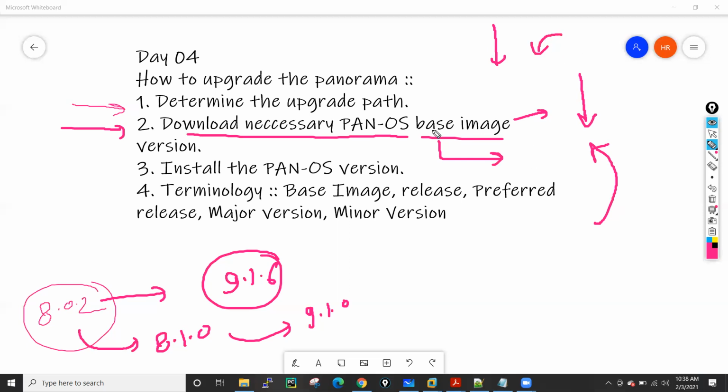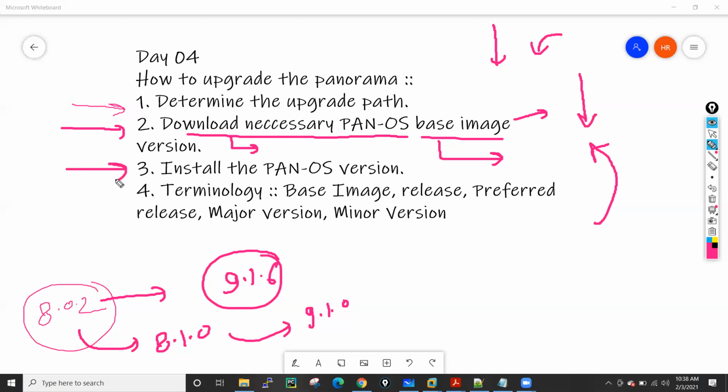So Panorama will download these images from the Palo Alto Networks update servers, updates.paloaltonetworks.com. That's the URL for that server. Okay. But the condition is, you need internet connectivity from your Panorama to that particular server.